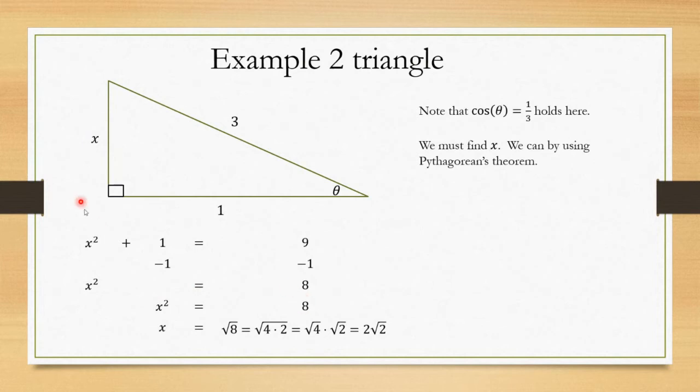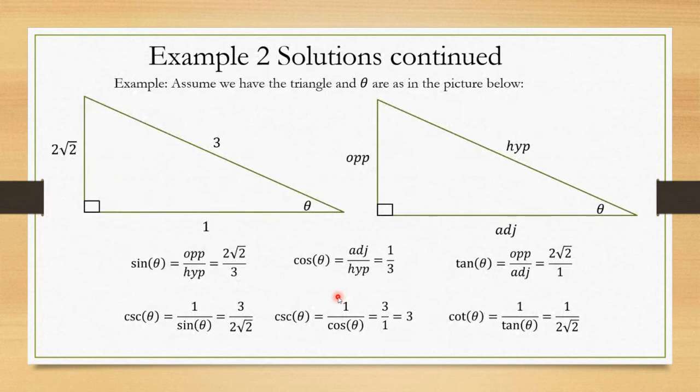But what would x be? It's the square root of 8. I simplified it to be 2 radical 2. I would recommend you do that. I mean, it's not hard to do, as you can see. Okay. All right. So now that we have the third side, we can easily get all the trig functions,